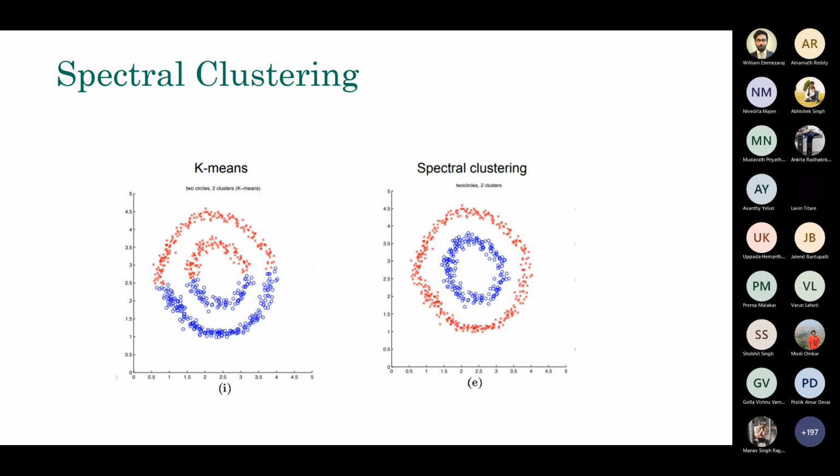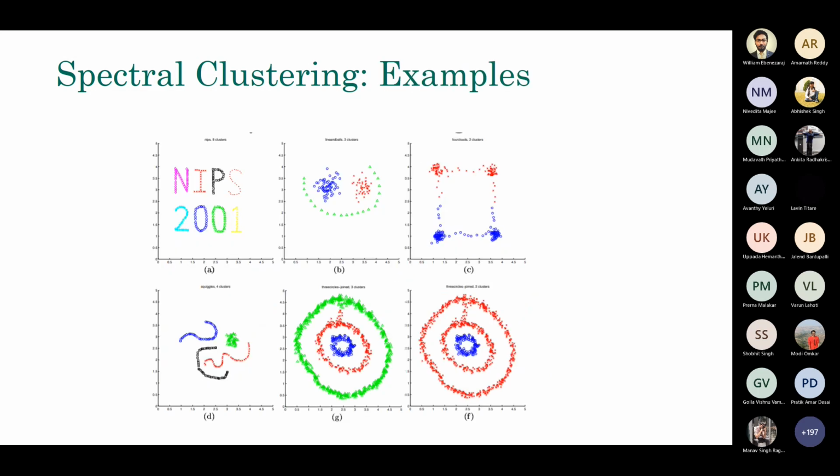Spectral clustering was originally developed to specifically address this kind of problem, where the clusters could be of arbitrary shape. Not a particular shape like circular or things like that. Any kind of arbitrary shaped clusters, spectral clustering can actually uncover. I'll show you a little more examples. There are several examples of different shapes, and you can see that spectral clustering algorithms can figure out all these kinds of things, in a sense, different connected components in the data.